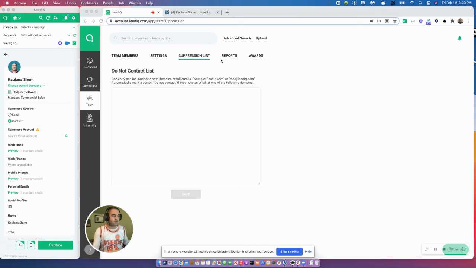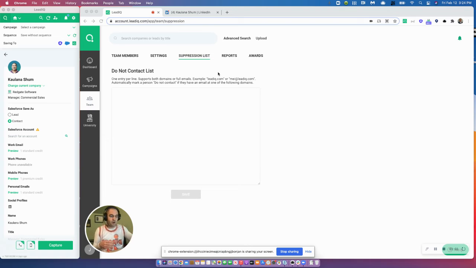We have this suppression list. You see it says suppression list at the top of the screen. Somebody on your operations team, sales leadership, or marketing can handle this, so a sales rep shouldn't have to bother. We don't even make this functionality available to individual sales reps. Seeing this page is only available to admins who have an admin license of LeadIQ.